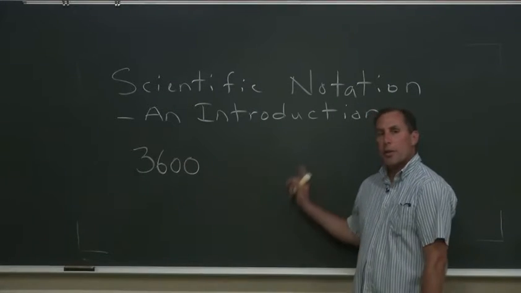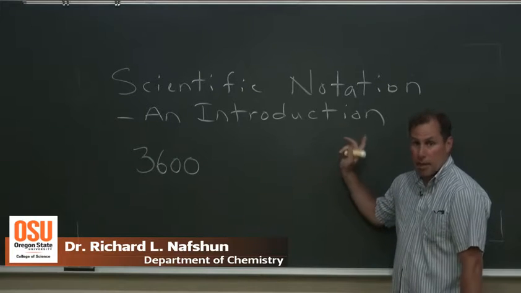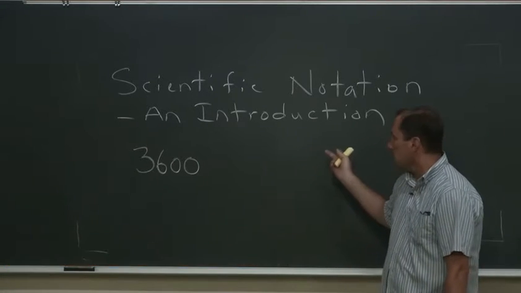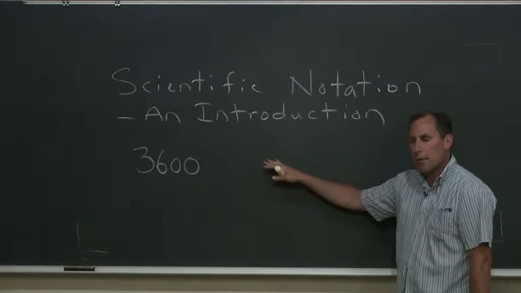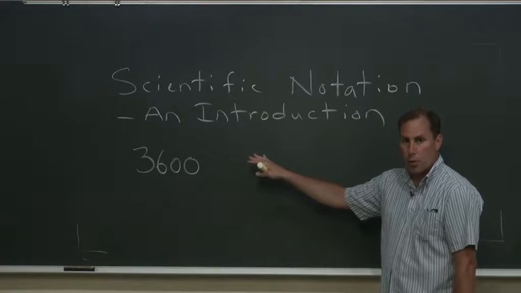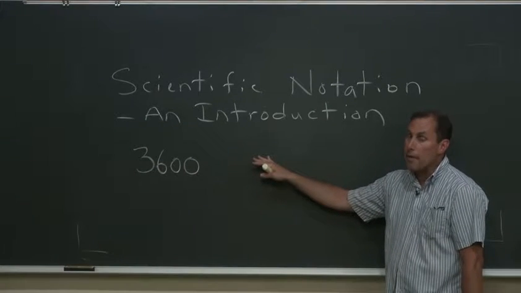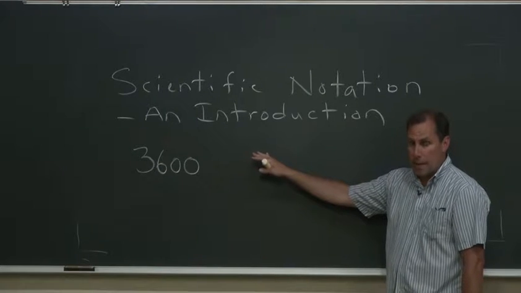Hi, I'd like to give a short introduction about scientific notation, especially as it's pertinent to our use in chemistry classes. There's a value written down on the board, 3,600. I'm not sure what that number is. It might be the number of students enrolled at a university. It might be a very rough estimate of somebody's bank account, and so we're not sure exactly how many significant